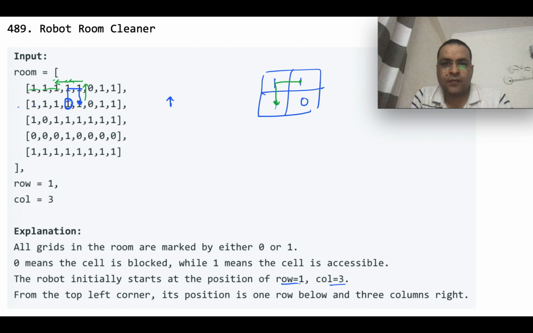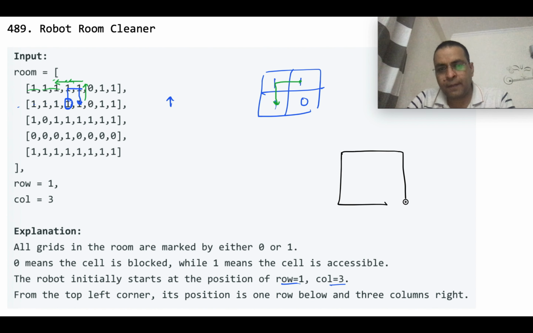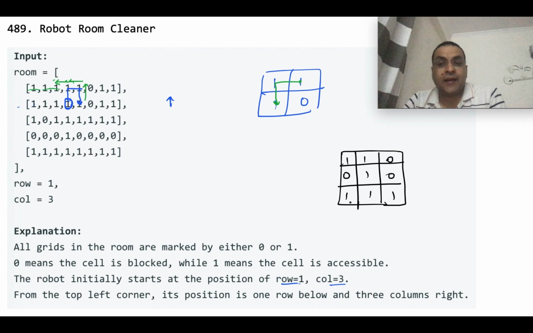Obstacles in all directions? Yeah, it is possible, right? So let's say we are given this 3x3 grid. And let's say we have 1 here, 0 here, 0 here, 1 here, 1 here, 1 here, maybe 1 here, 1 here, and 0 here. Another thing that is given is that all the cells with 1 are reachable, right? It is not that we have disconnected components. So let's say the starting point is this one, right?